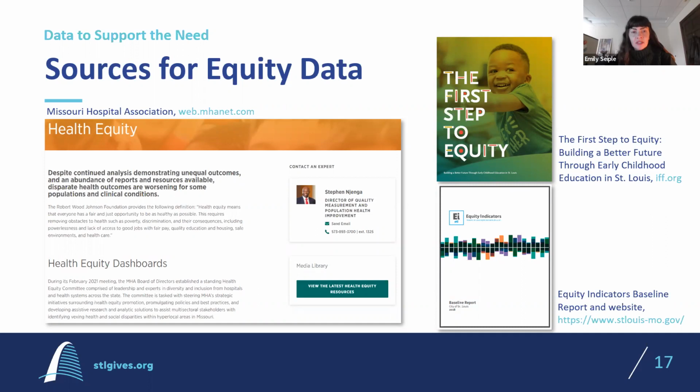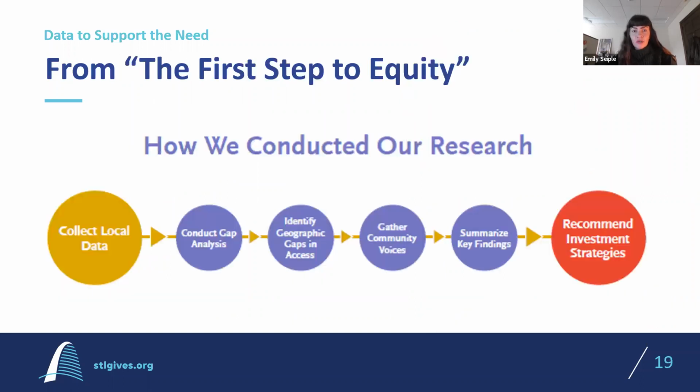And we're gonna dig into their methodology just a tiny bit. And again, if you are not necessarily working in early childhood, I hope that this could still show you the way people approach needs and designing their program. So I took this directly from their report, and it is really, truly their process. So they started with local data, and we've talked about some of the sources where you could find that in the other slide, whether that is from your coworkers in the field, other agencies, whether it's the census, whether it's a great report that you find. It could be this very report itself, the IFF report. It's full of great data.